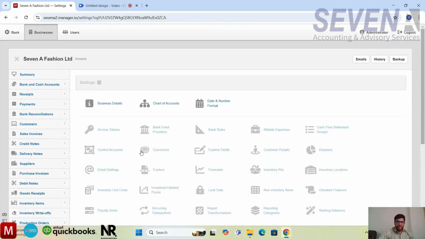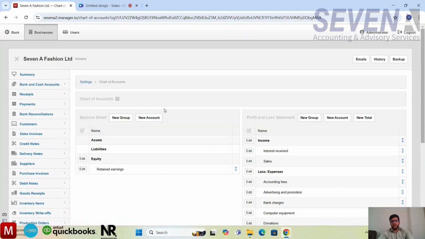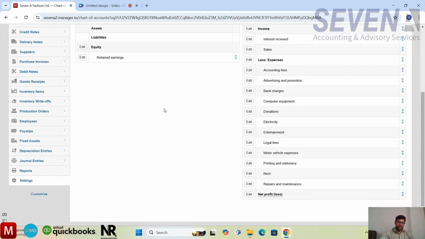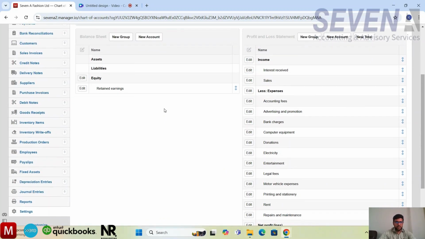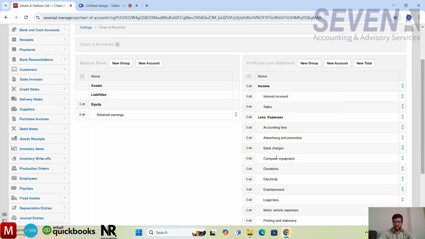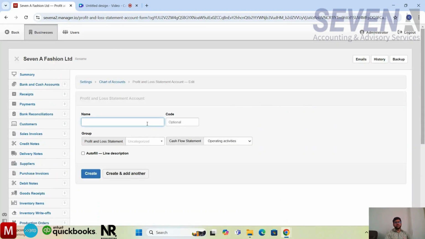Let's create and set up the chart of accounts for a company that produces garments items. And as you can see, in the balance sheet there are no accounting heads right now. We will add the expense here. Let's say you want to add your manufacturing expenses ledger. Okay, manufacturing expenses accounting head. You may have the direct level cost,